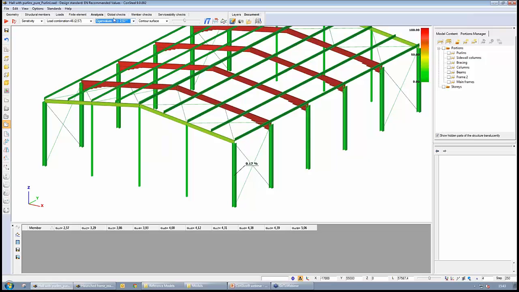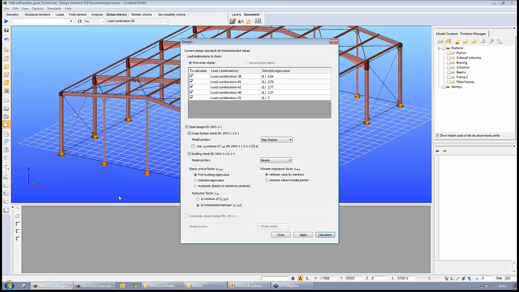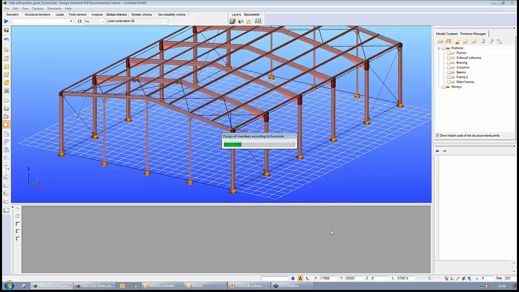result, we can go to the global check and run this special buckling check based on an automatic elastic critical load factor selection, which is based on the sensitivity analysis, which means that for each member the software automatically selects the most relevant buckling mode, and if for some member there is no buckling problem at all, then those members are automatically left out from the stability evaluation. And if we run the analysis again, it can improve some percentage again